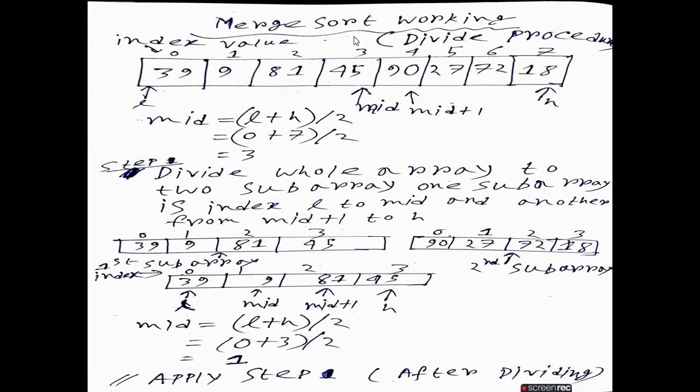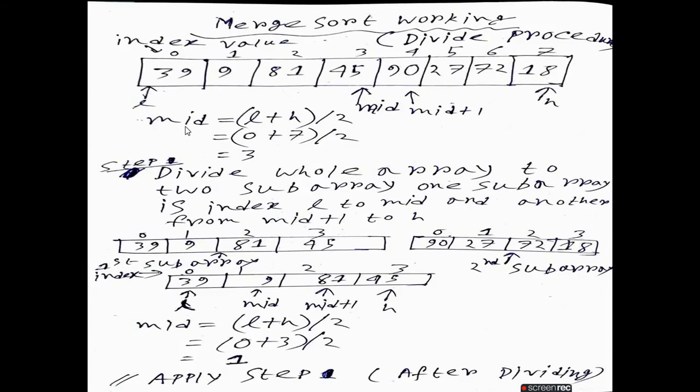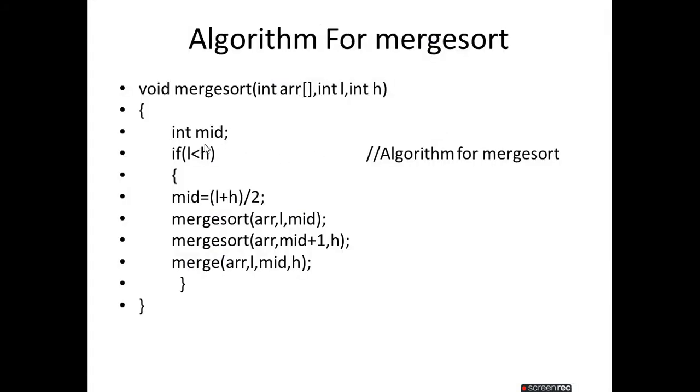I will show you the divide, meaning how the array is divided into sub-arrays. These are the dividing procedure. Next I will show you how to combine or conquer. So what is our first step? Calculate the mid. First I will check if L is less than H, that means lower bound is less than upper bound. What is the L value? 0. What is the upper bound value? 7. If 0 is less than 7, yes, the condition is true. Then what is the next part?